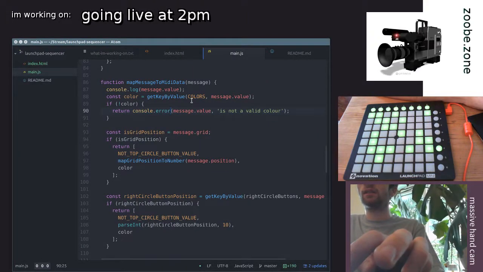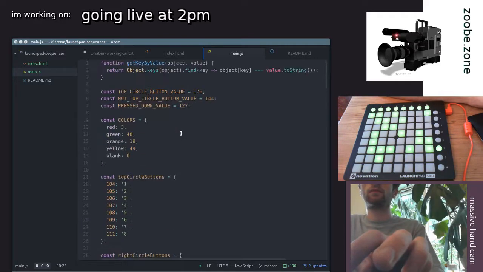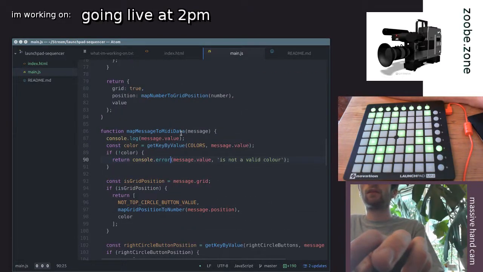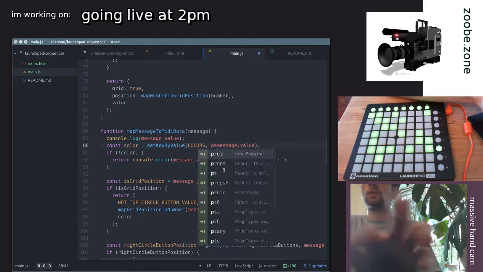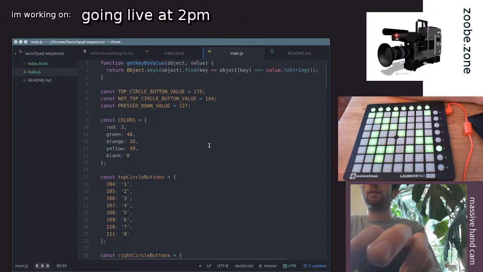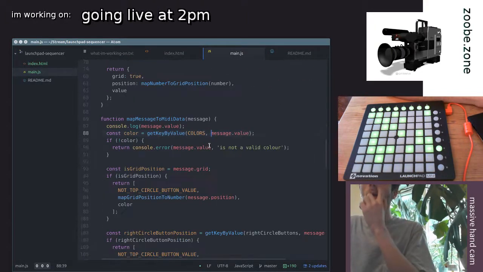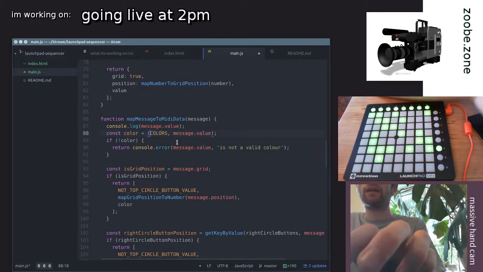Was it the other way around? Oh, I think this is a string now as well. Is it? Oh no, we don't need to, because this is already the right way around,